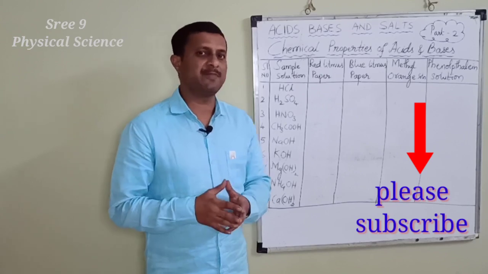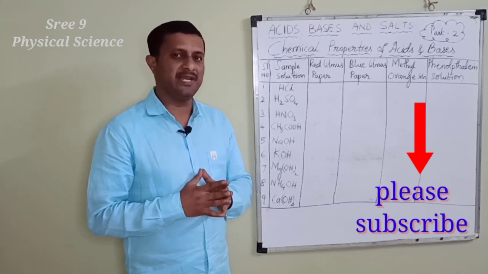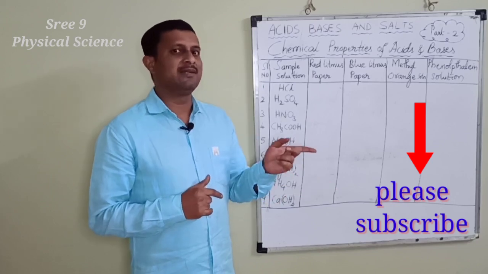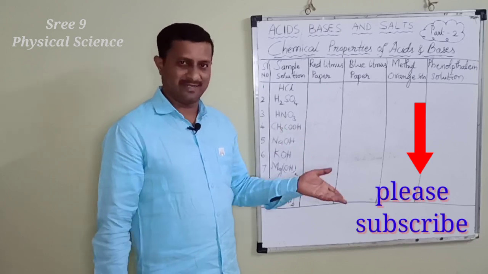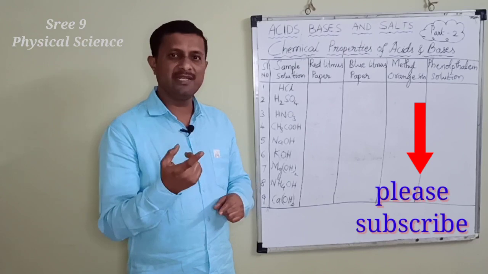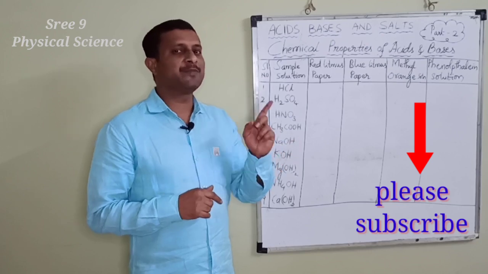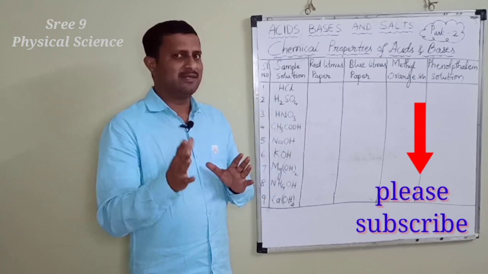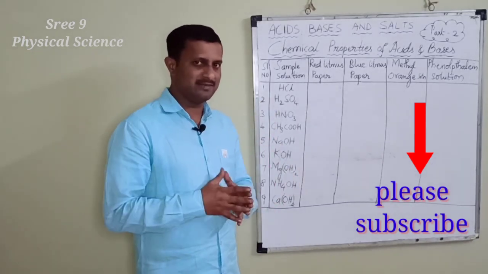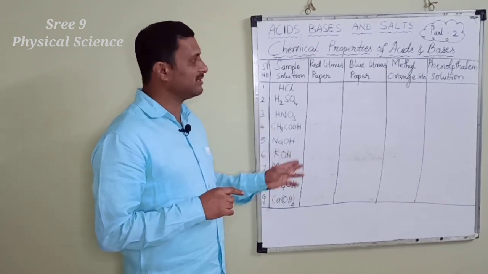Here we have seen in the first part that all acids are sour to taste and they change blue color of the litmus paper to red color, and they change orange color of methyl orange to red color, right? Now bases also change the red color of the litmus paper to blue color and phenolphthalein indicator to pink color, right? But really, do all the acids and bases do like that? Yes. Now we are going to write all the results of the acids and bases in this table.